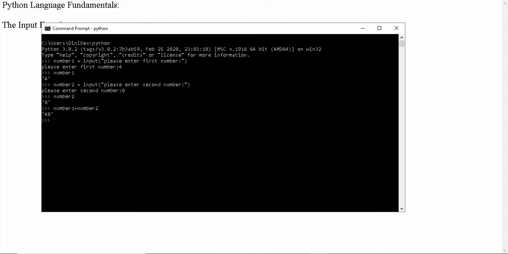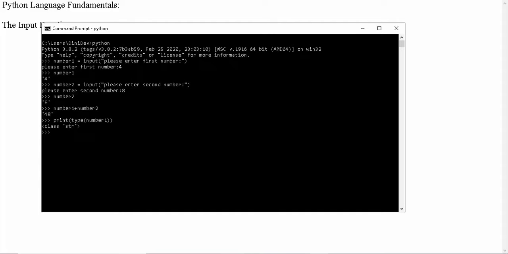In the next video, we will start learning all about the data types in detail. If you want to know the data type of a variable, you can use the type function. I already explained this one. Print type of variable number1. It is class str. The type of the variable is str, which stands for a string.